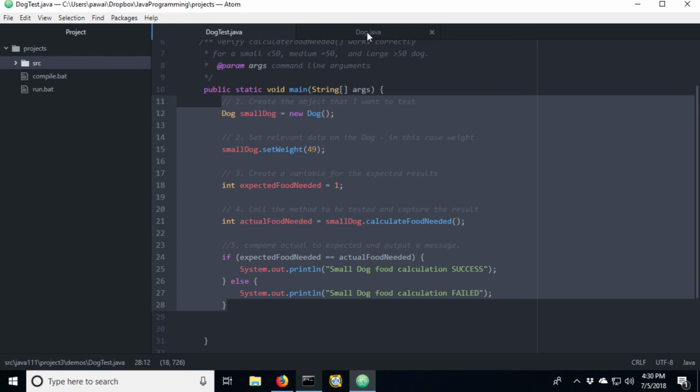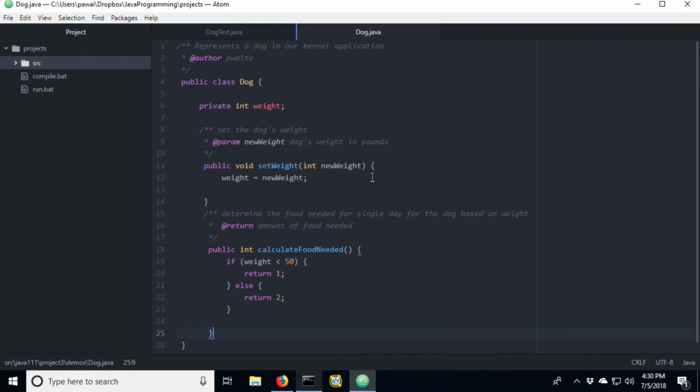From there then, once I've got all those tests passing, then I can continue building out the dog class, adding in the owner information, the dog's name, and a display method. Then I could move on to the kennel application or kennel class and do sort of the same thing.